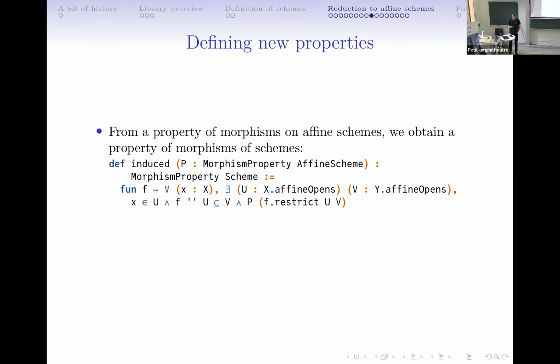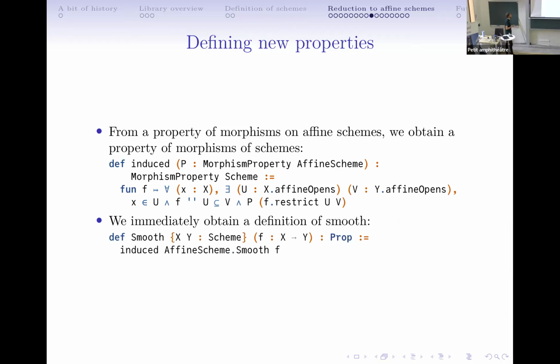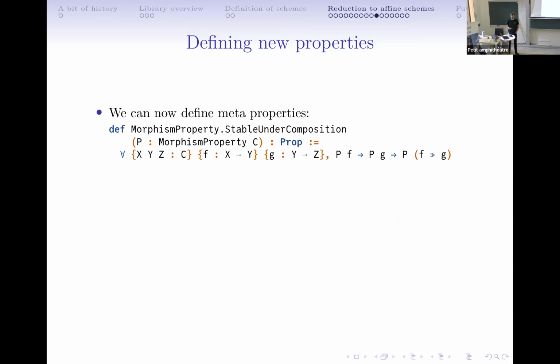And now you can ask, what do we gain? Well, we gain a very fast definition of smooth, but that's not really the point. And this is not even how it's defined in mathlib, because that's ugly. But smooth is equivalent to an induced property of this form. What we get is that we can start defining meta properties of this P. So we can say, well, a morphism property in some category is stable under composition if